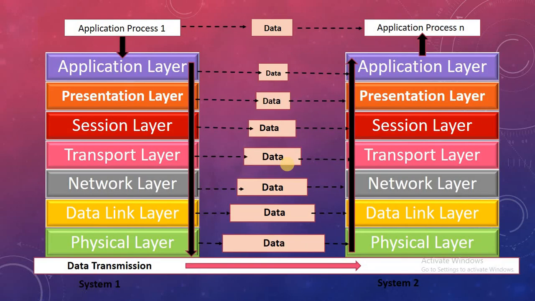Now we'll see the whole functioning of the OSI model. From the application process, after sending data from the application layer, the whole data is processed by each layer, and the data transmission is done. After getting the processed data from all the layers, the data is sent to the user. So this was the OSI model, fully completed after processing the data.